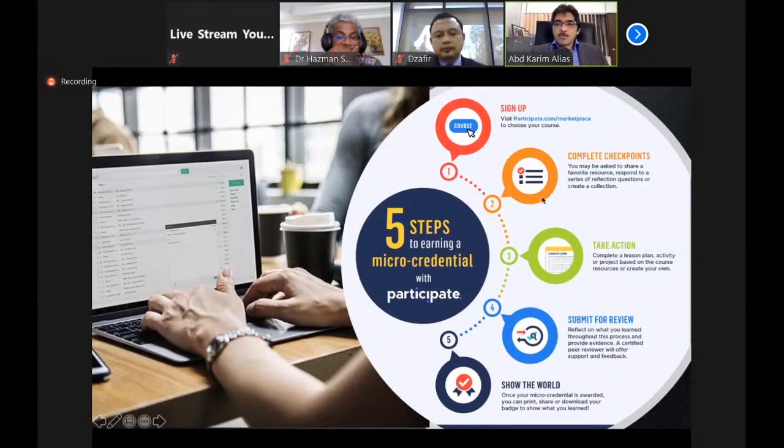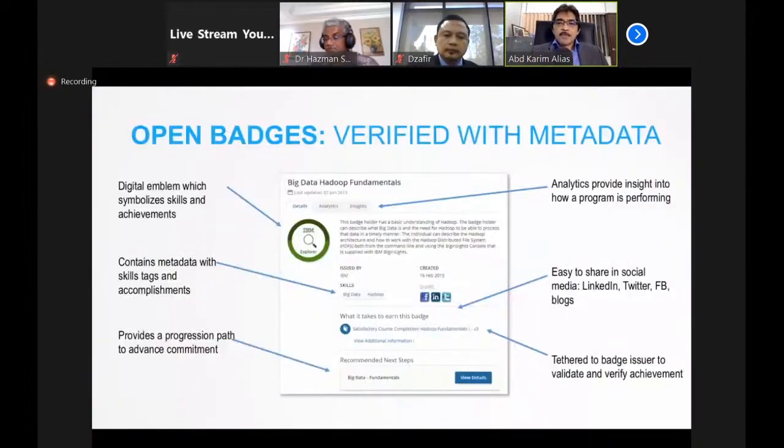So they will go through the learning process, and then they have to submit the assignment to be evaluated before they can get a digital badge. So basically, these are the processes that will happen when the student goes through the micro-credential.